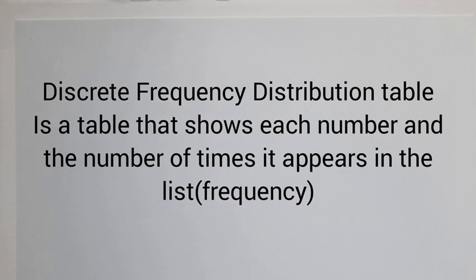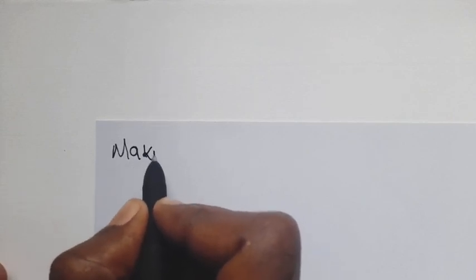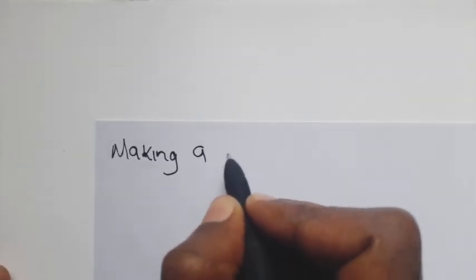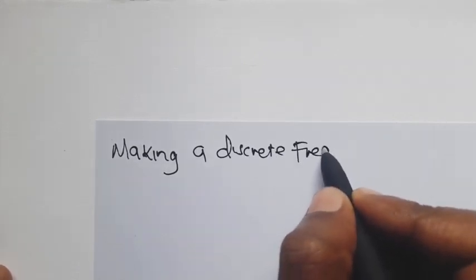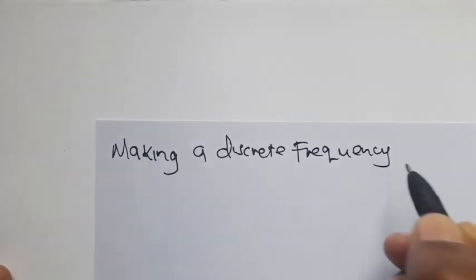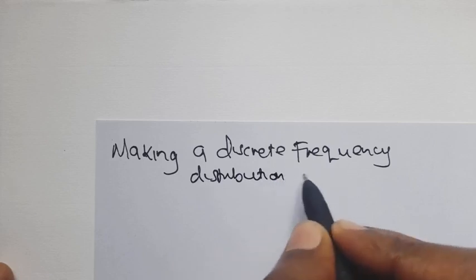So now let's have our data here. I want us to duplicate the data that we have in our question. Then we see how we can group, not really grouping, but come up with a discrete frequency distribution table. So we are starting with making a discrete frequency distribution table,